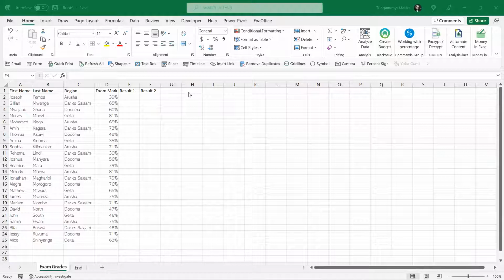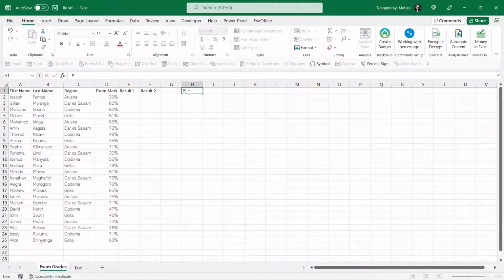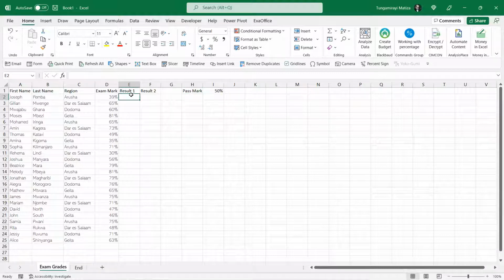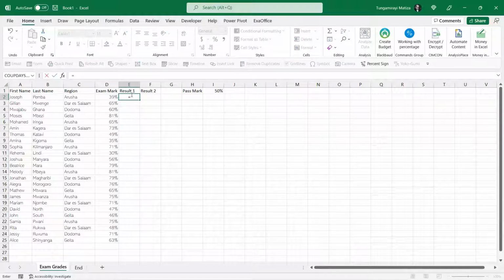Okay, so let's assume our teacher here has put a pass mark for this exam to be 50%. And we now want to be able to show whether or not the student passed or failed this exam in this column. So in this case, we now use the if formula. Equals if, double click on that. And the first part it is going to ask you is for the logical test. What is it that you want to fulfill by using this formula? So if this person's mark, in this case D2, is greater than or equal to 50%,